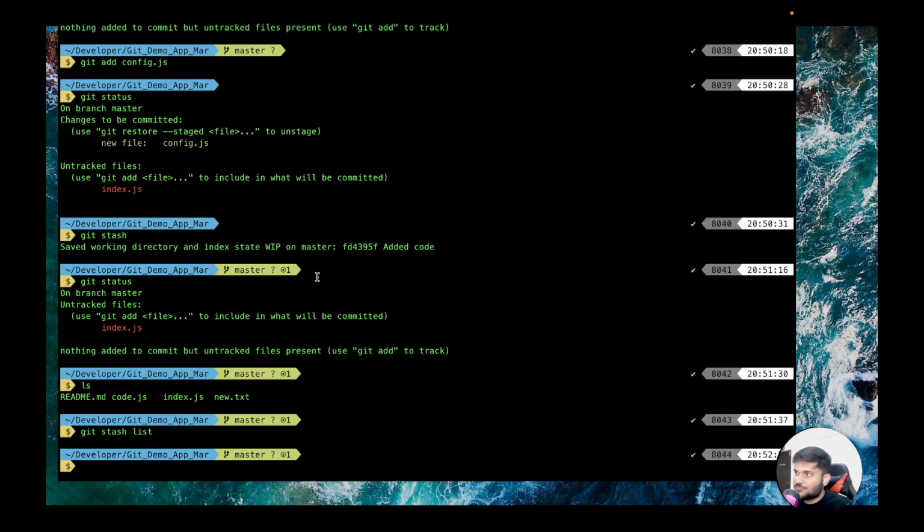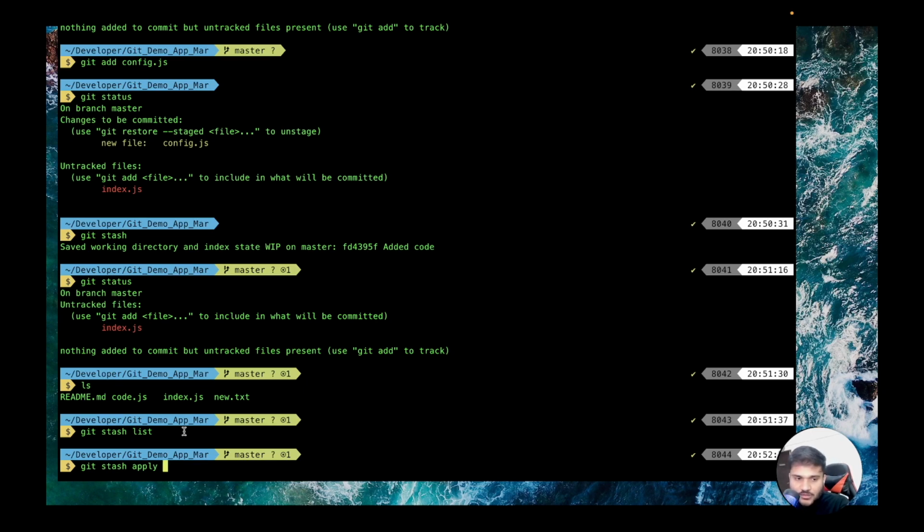That is the stash. If you want to bring it back, you can say git stash apply. The moment you do git stash apply, whatever is the last stash will be applied. So you can assume that the stashes are maintained in kind of a last in, first out stack. You must have heard about the stack data structure. So stashes are maintained like that. Whatever is your last stash, you can apply that. I will also show you how you can manually apply a particular stash.